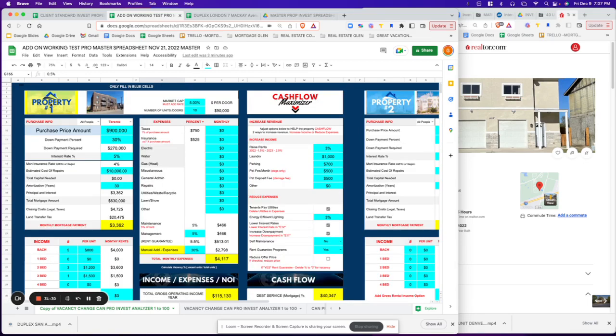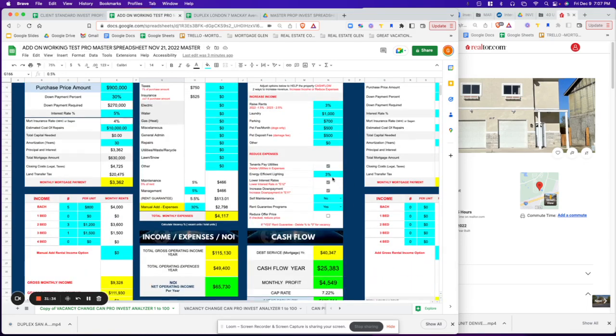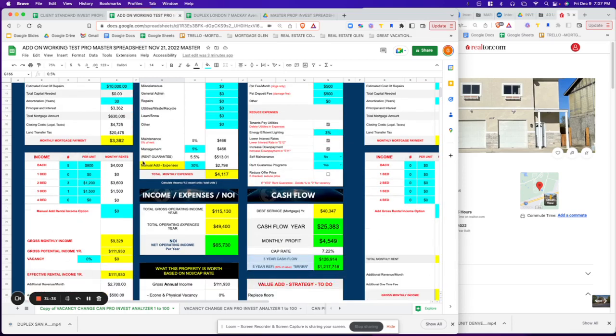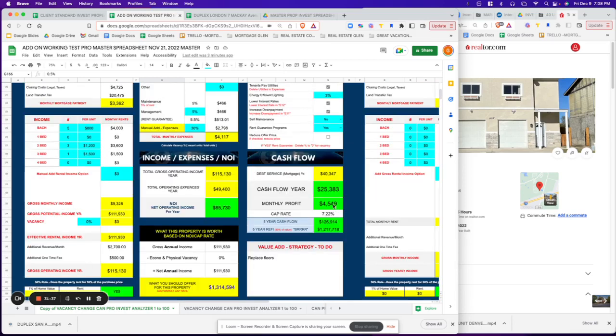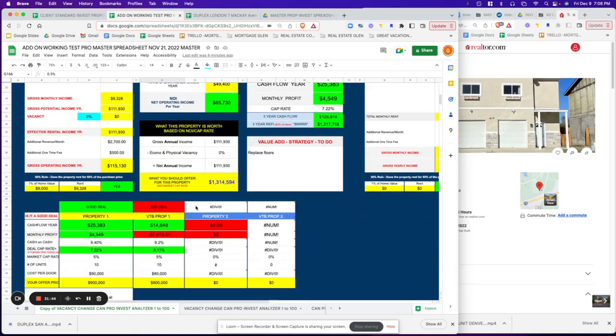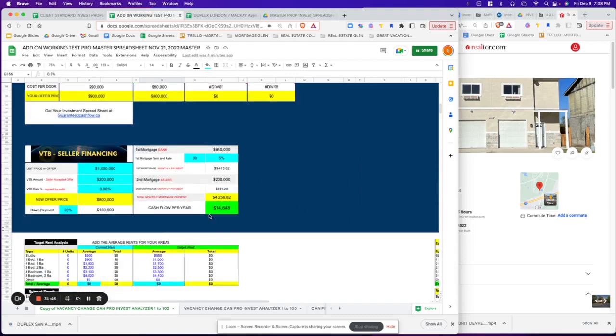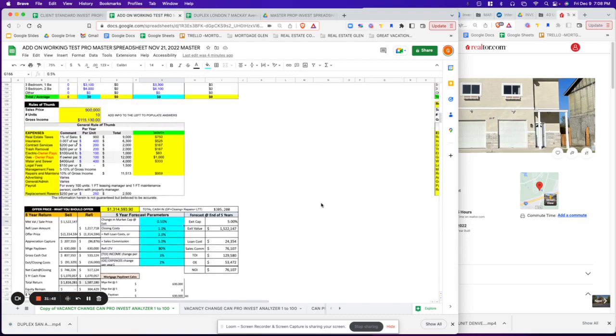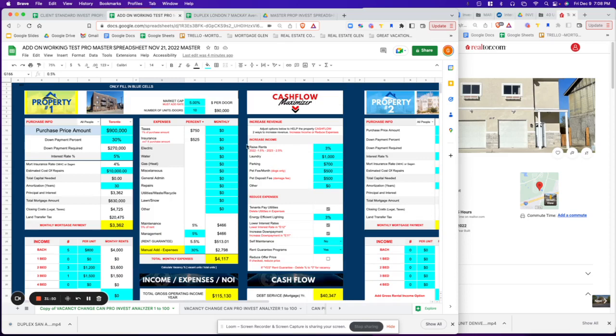So this is it. This is the actual pro version. As you can see, there's a lot more features involved, especially when you analyze bigger deals, and you have a lot more intricate things that will give you an indication of whether it's a good deal or not, and what the value might be, and so forth. Plus the additional options down here. So I just wanted to show you briefly